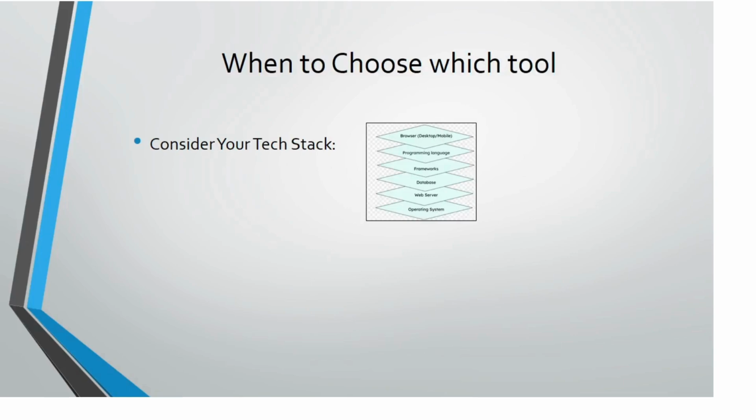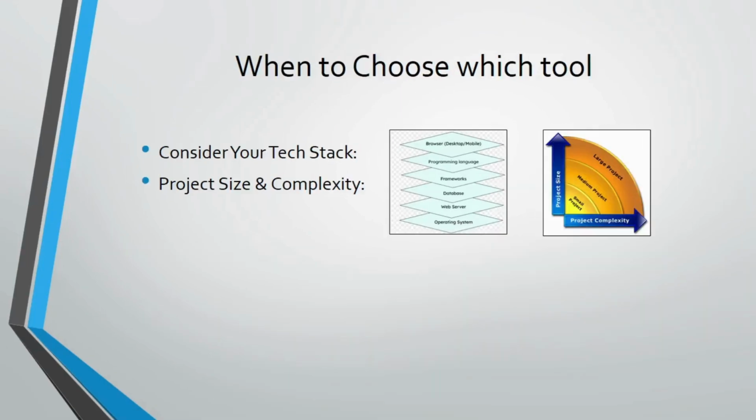The second thing is project size and complexity. While automating test cases, you had to think of this thing like whether your project is small, is it a medium size, or is it a large scale project. So this is very important. And what is the complexity of the project? Because once you are clear in this specific point, then you can think wisely.